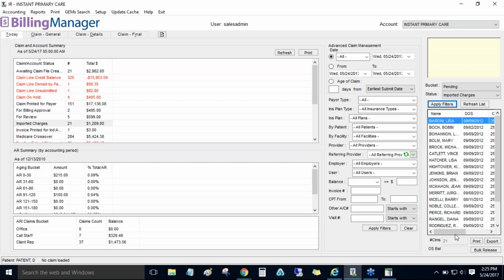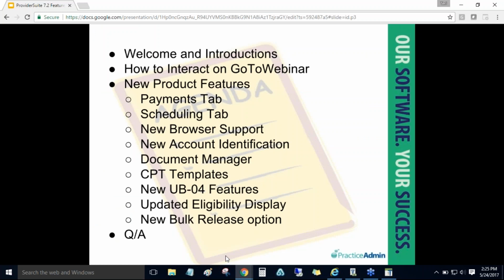All right, I think that's everything that we wanted to cover. Let's just look at the agenda and make sure we didn't miss anything. We went through the Payments tab, Scheduling tab, and our new browser support. Hey, I've got a question for you here